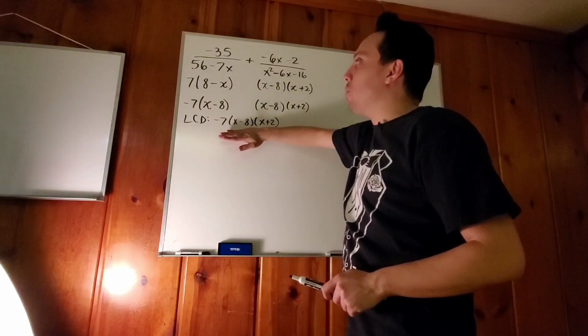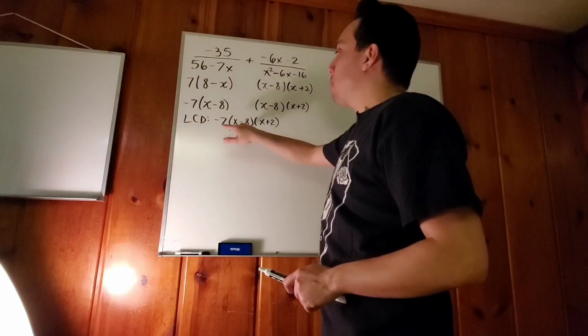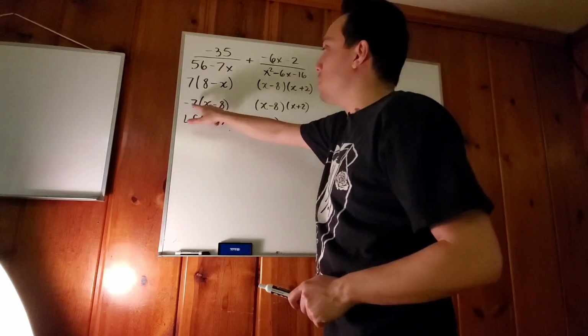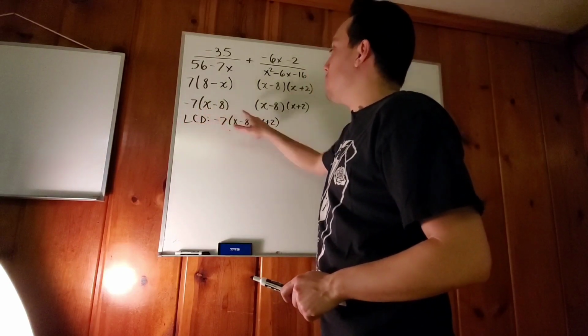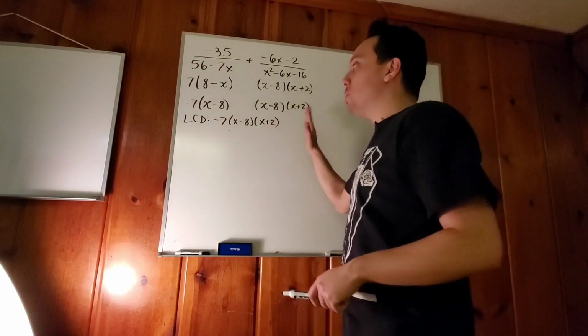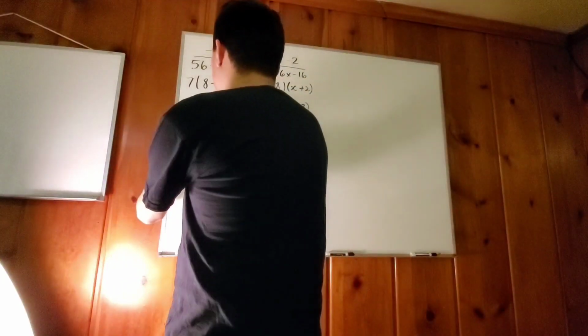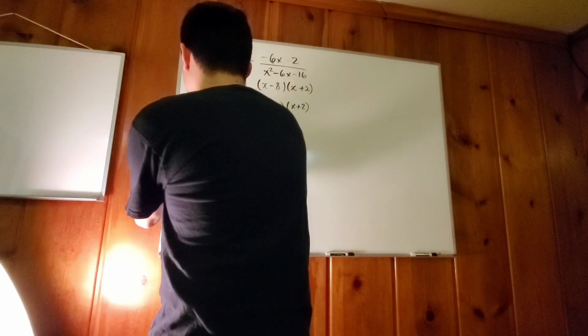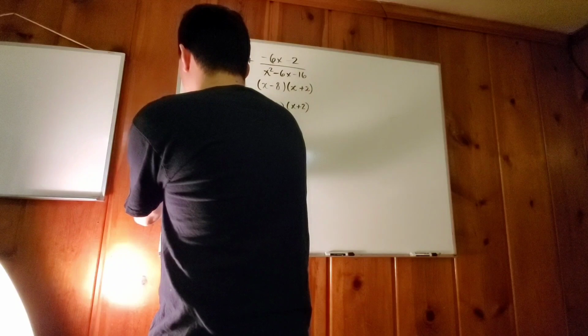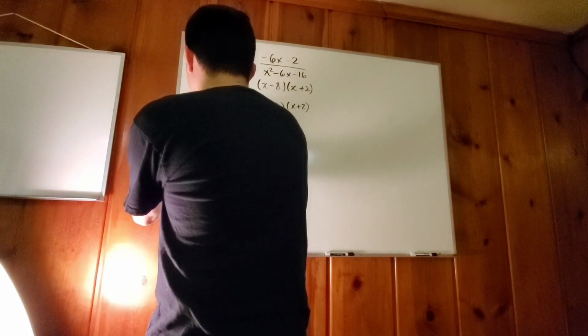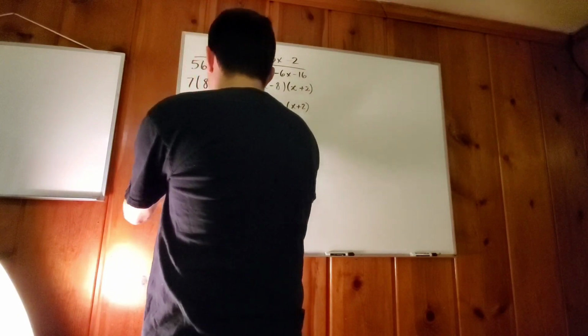So this denominator is going to be given by multiplying negative 7 times x minus 8 times x plus 2. So we're going to multiply that by x plus 2 over x plus 2,